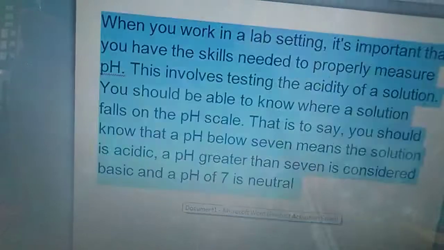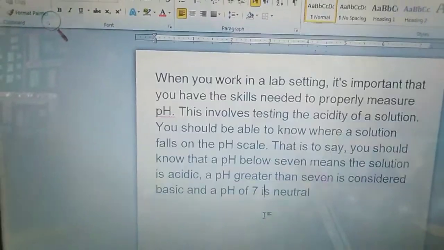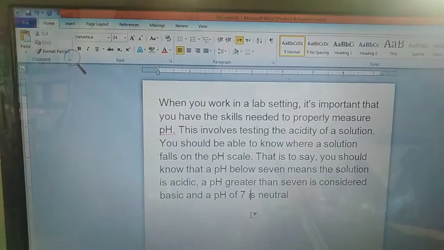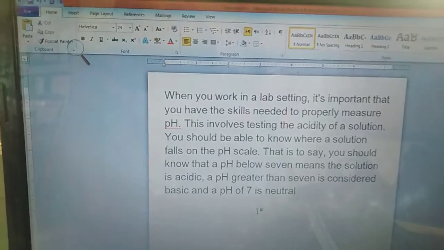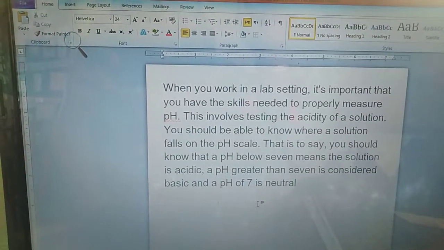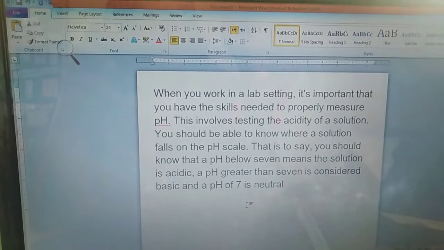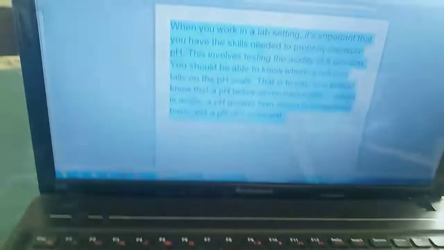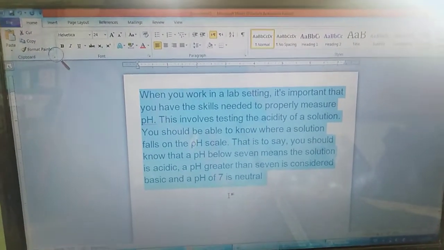Students, here you can see I write a paragraph. If you want to change your paragraph, then first of all you have to select that text which you want to format. Then how do we select our text? Press Ctrl A. When you press Ctrl A, here you can see all your text becomes selected.